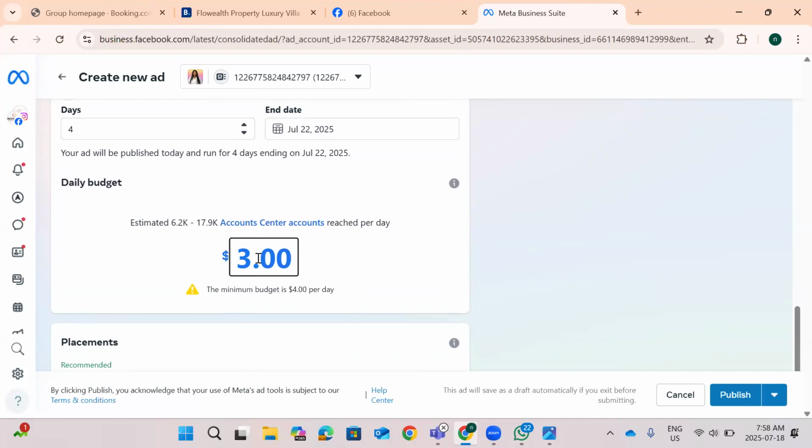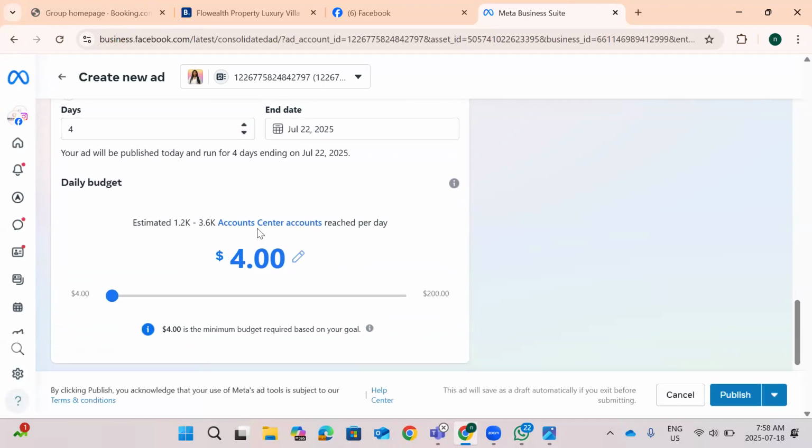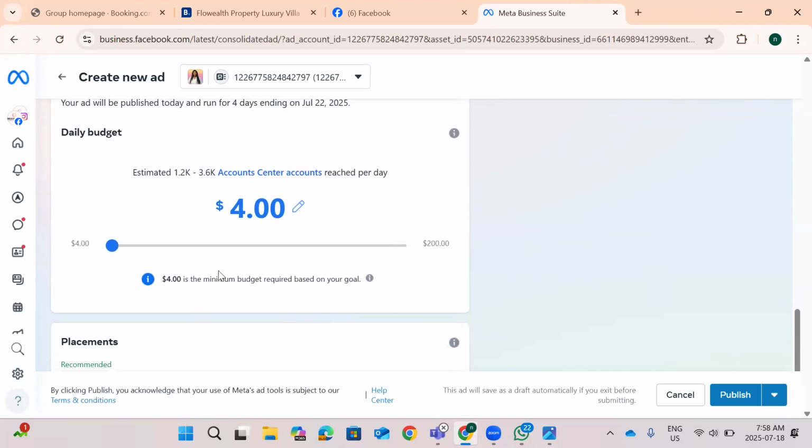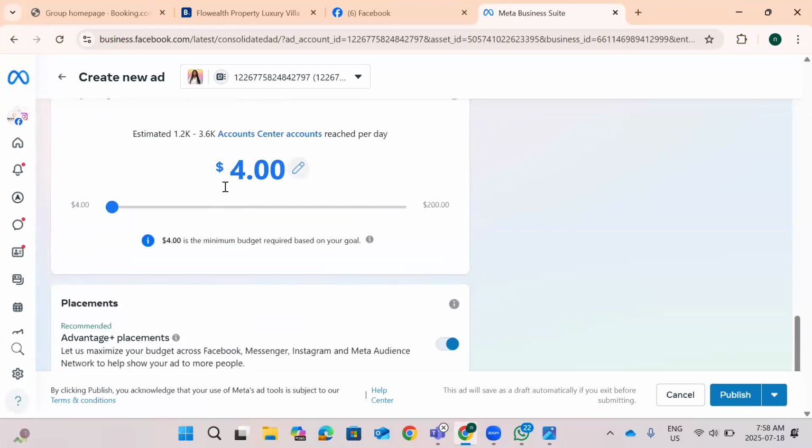They said the minimum is 4 per day, and that's depending on the country you're in. They give me 4 per day because they feel like they can get more money from me because I pay in dollars, right? So sometimes you might get to see 1,000 something or 3,000 a day